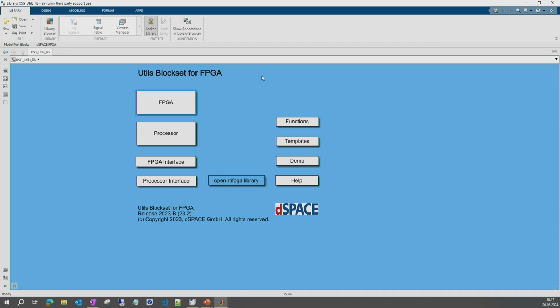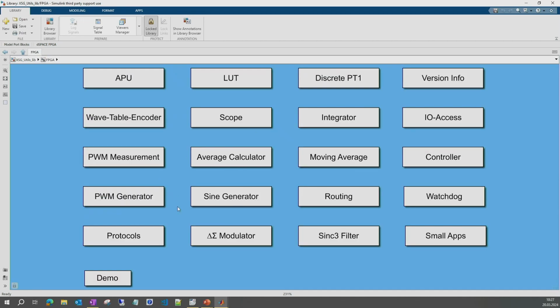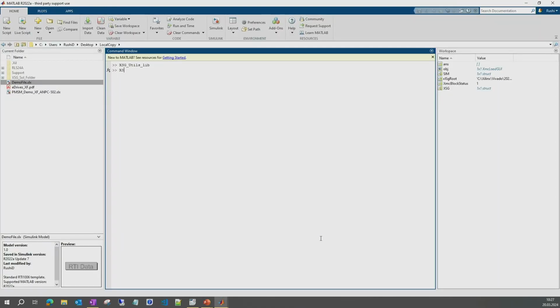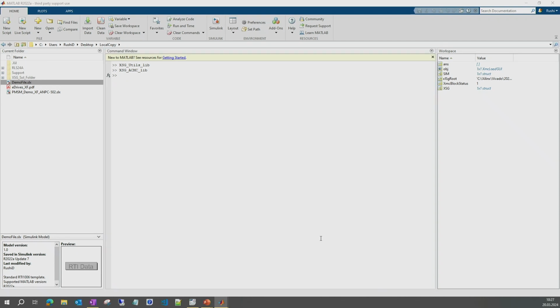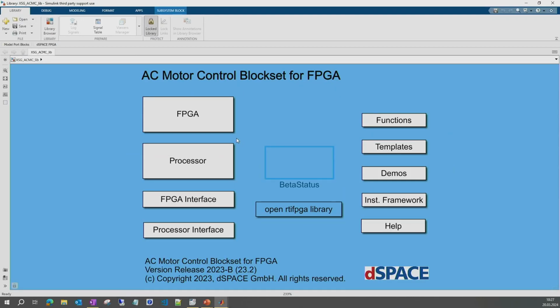This is our standard interface. For example, this is our XSUtils library, and when you click on the FPGA block, you can see all the functions that are provided by the XSUtils library. Similarly, we have the XSG ACMC library, which has a similar interface as the one before.